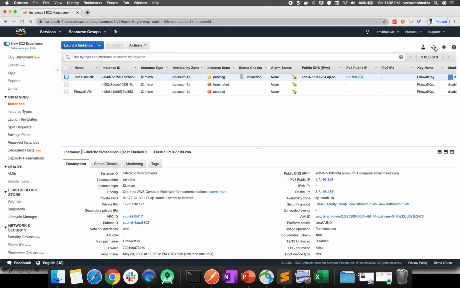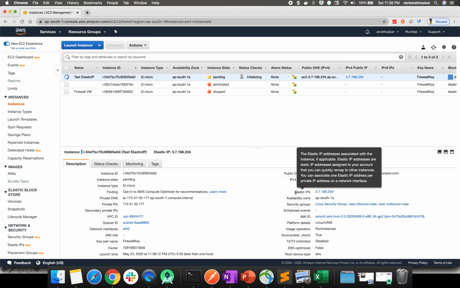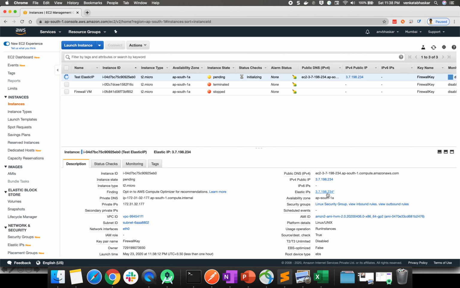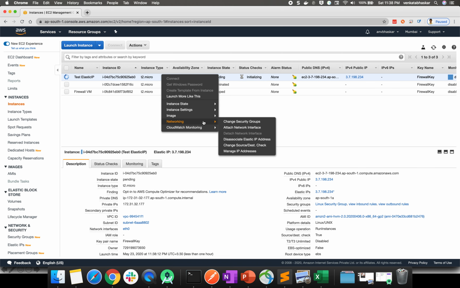You can easily see your IPv4. So now if you see here, this is my elastic IP, 3.7.198.234. This is the concept of public IP, private IP and elastic IP. Once your step is done, you can right click on your virtual machine, Networking.